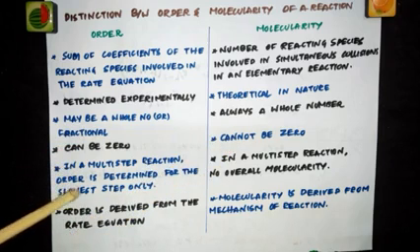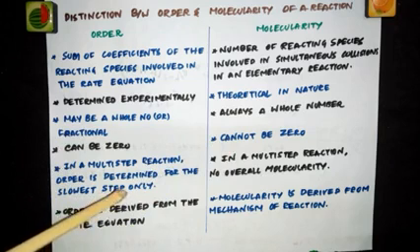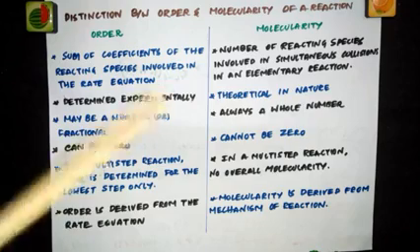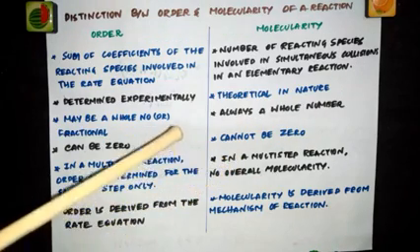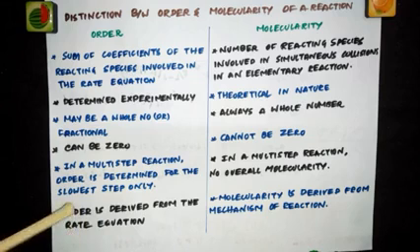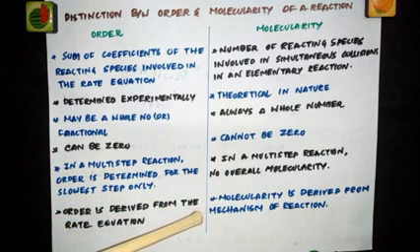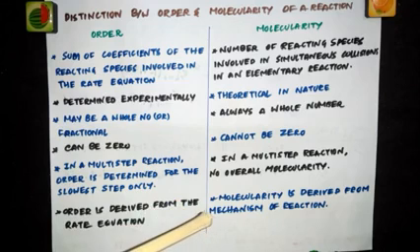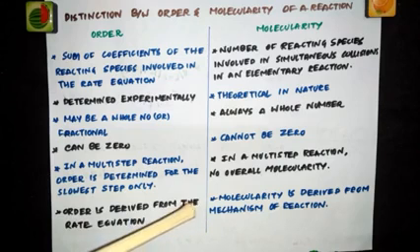In a multi-step reaction, order is determined for the slowest step only, which is considered the rate determining step. Whereas for a multi-step reaction we don't have an overall molecularity, only for the steps. Order is derived from the rate equation. When you sum up the coefficients of the reacting species in the rate equation, you can derive order. But molecularity is derived from the mechanism of the reaction, which means the various steps that are followed for the conversion of reactants into products. That is called the mechanism, and the molecularity is derived from that mechanism of the reaction.